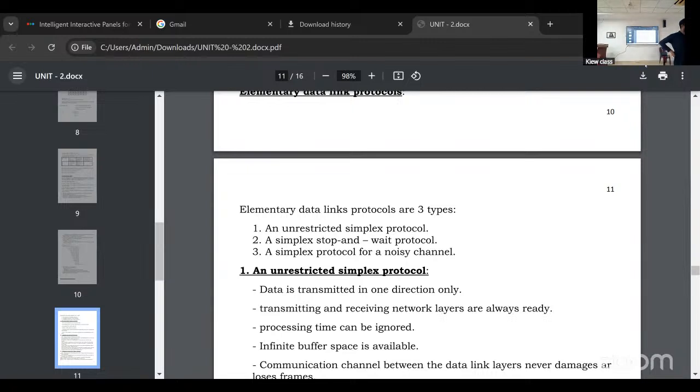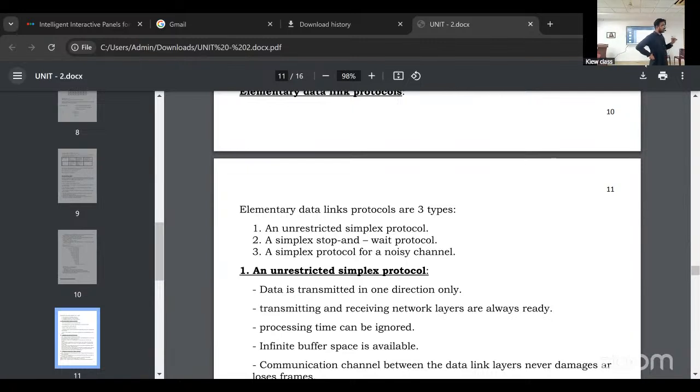Direct problem, only the problem we need to solve. If you solve the problem, you will get 7 by 7 marks. Why? Because if the remainder is 0, data is accepted. So if you solve the problem and get 0, automatically they will give 7 marks. CRC is very, very important. Next, in that unit, HDLC is the last topic. That is also important.